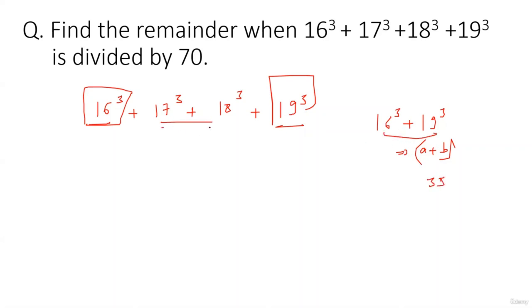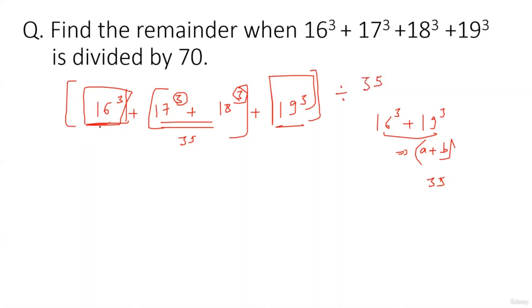Same way, if you combine the middle wala part, 17 cube plus 18 cube, what do you observe? It is of the form a cube plus b cube, right? Iska definitely ek factor kya hoga? A plus b hoga. 17 plus 18 is nothing but 35, right? Ab dekho, is expression ka ek factor 35 hai, iska bhi ek part 35 hai. That means this entire expression is divisible by 35,